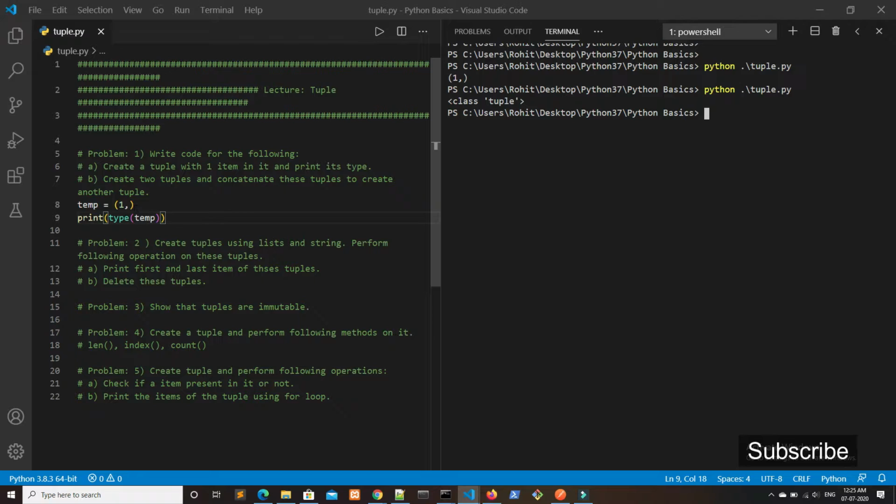Suppose I don't write a comma here, then it will be int value, because 1 is an integer, so we got integer. If I write a string here, then the result will be a string.